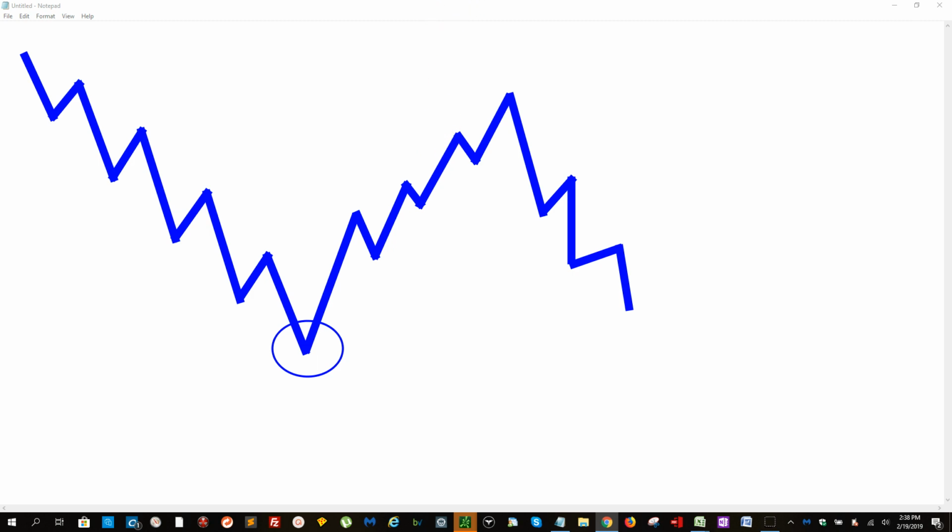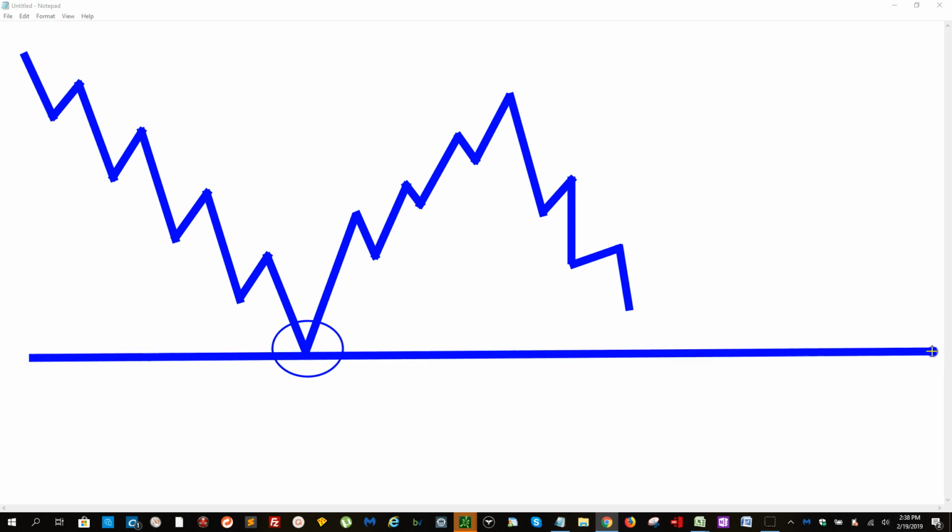That's what we call a support level, and we want to make sure that we mark that level, because as we move forward in the future, that's going to be a very important level for us to keep our eyes on. So we're going to draw a line like this, and now price goes up, and then all of a sudden it comes back down. What are we doing as we come down to this point? Well, we're going to look for it to do one of two things. Either it's going to break through,